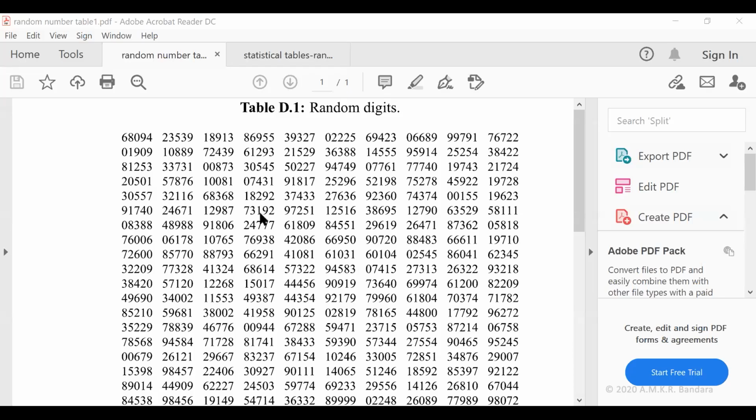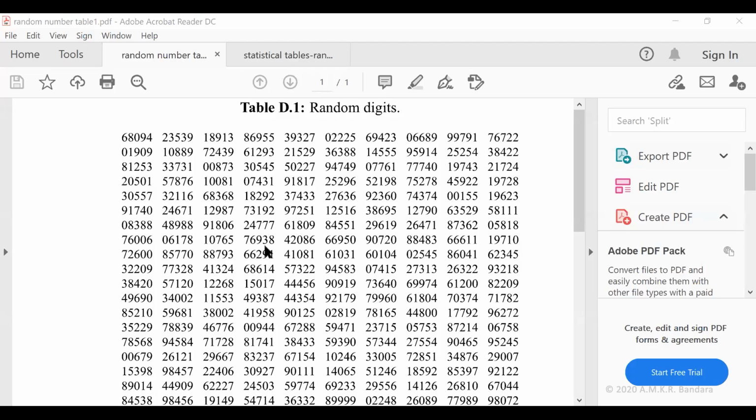So the first person you are going to select is numbered 24,707. The second person you are going to select is the person numbered 76,938. Likewise, the next person you are going to select is 66,291.